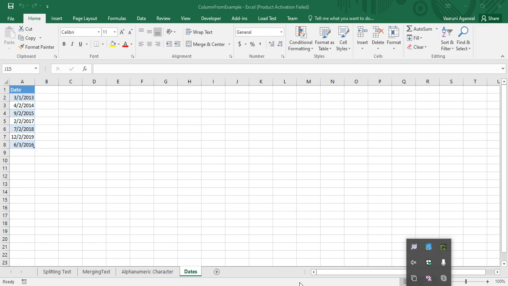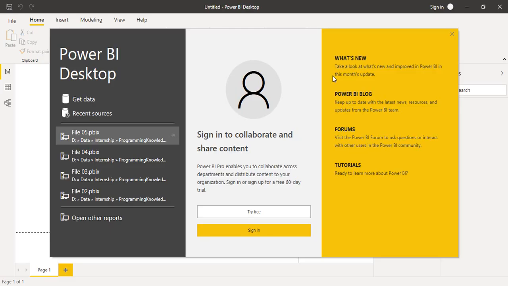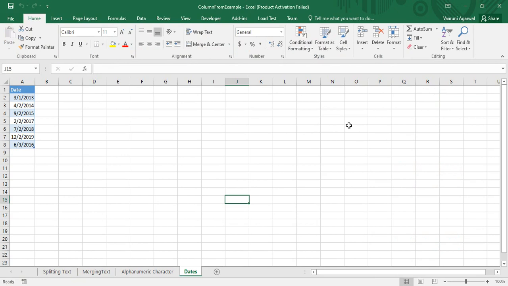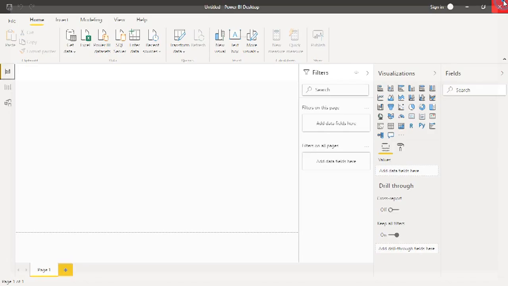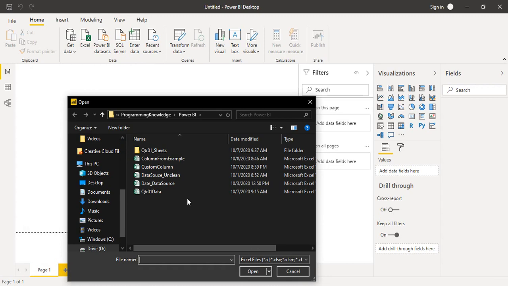So let us open up our Power BI, and we need to close this Excel sheet because if it is open, then Power BI may throw an error when we are trying to use it. Let us import our data from Excel, which is this column from example workbook.